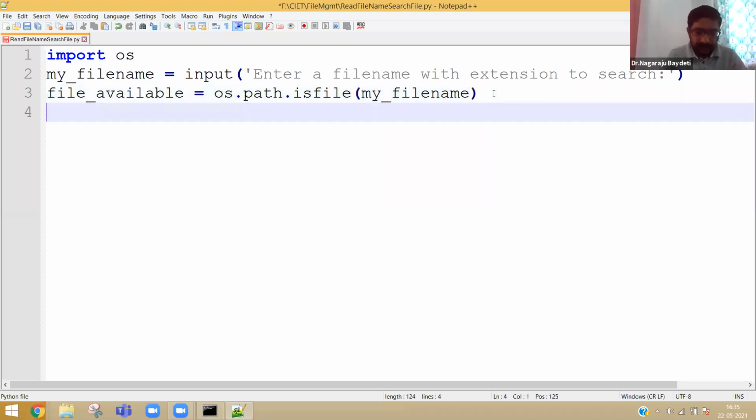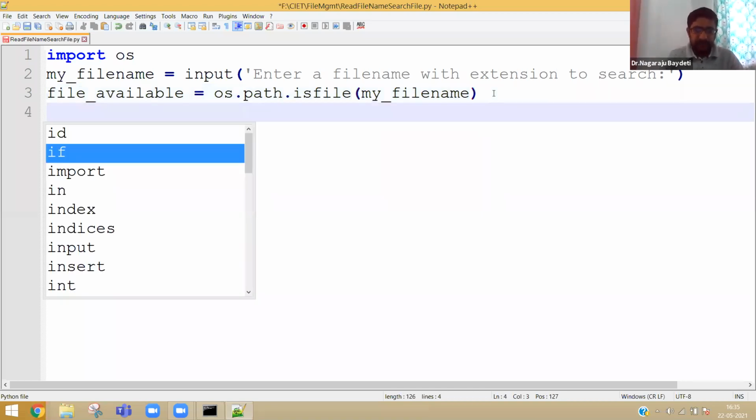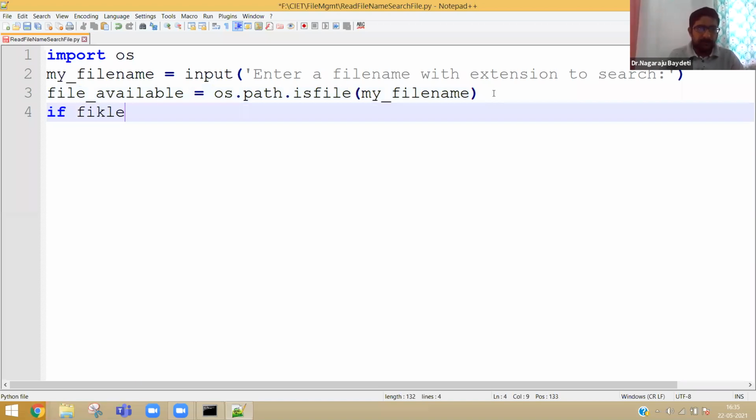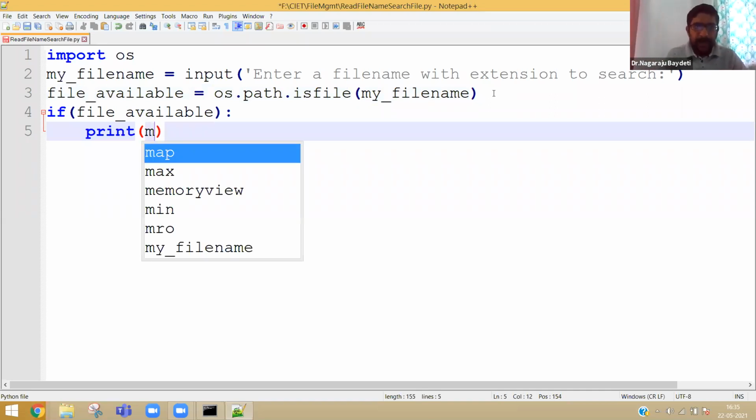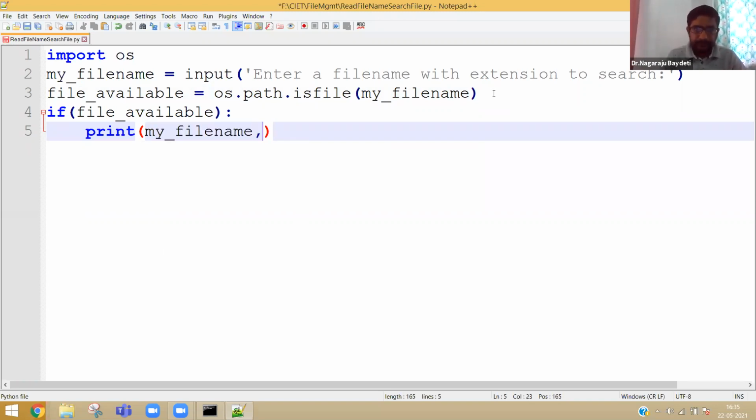Now the rest of the things are the same. If file available, print, I want the file name also to be displayed. So my file name is available or exists, or any message.